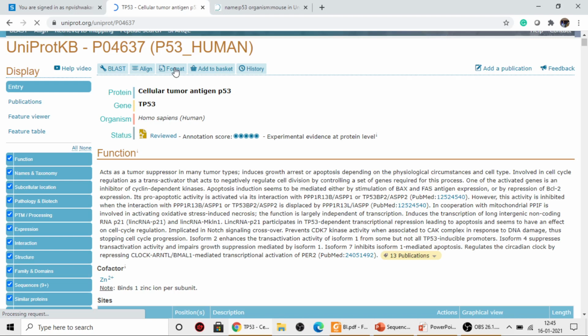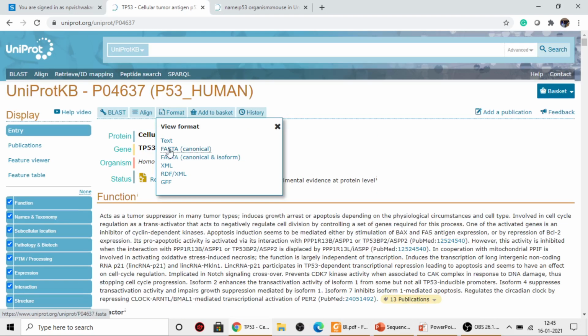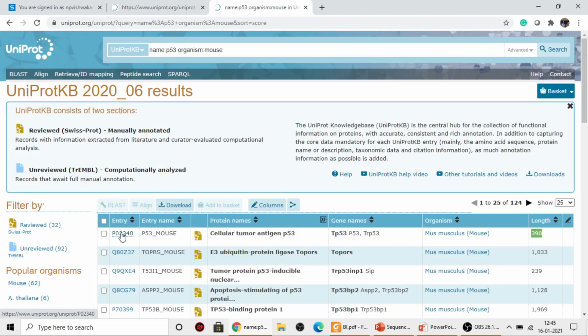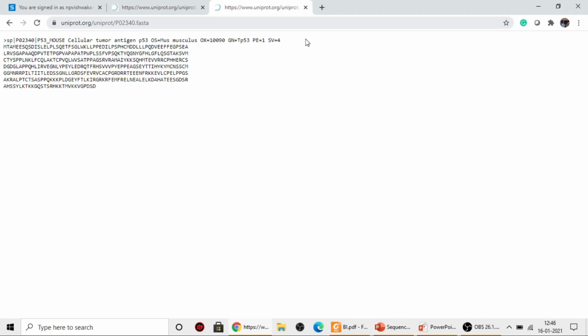Yeah, click on FASTA. Once I get the FASTA, the same thing you have to do with the mouse protein sequence: click on the mouse protein sequence, click on format, click on FASTA. So now I have two sequences, one of human and one of mouse. Now I have both the sequences.